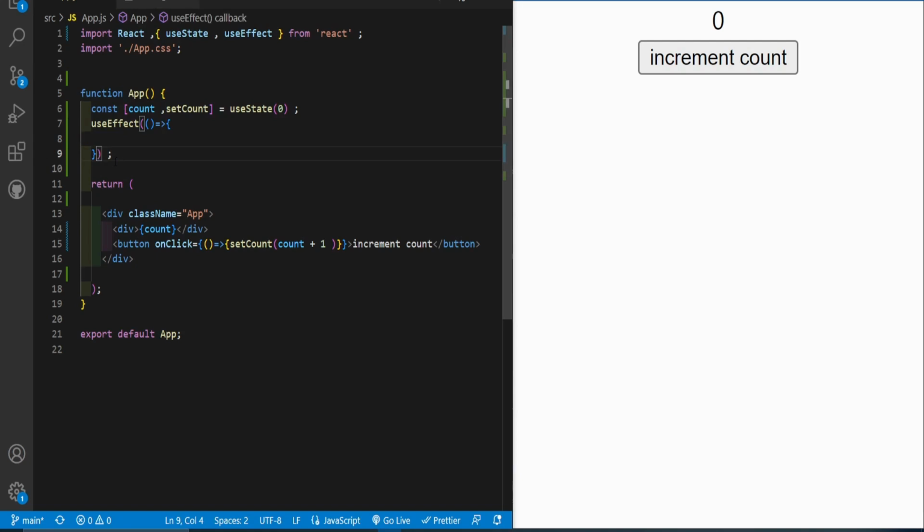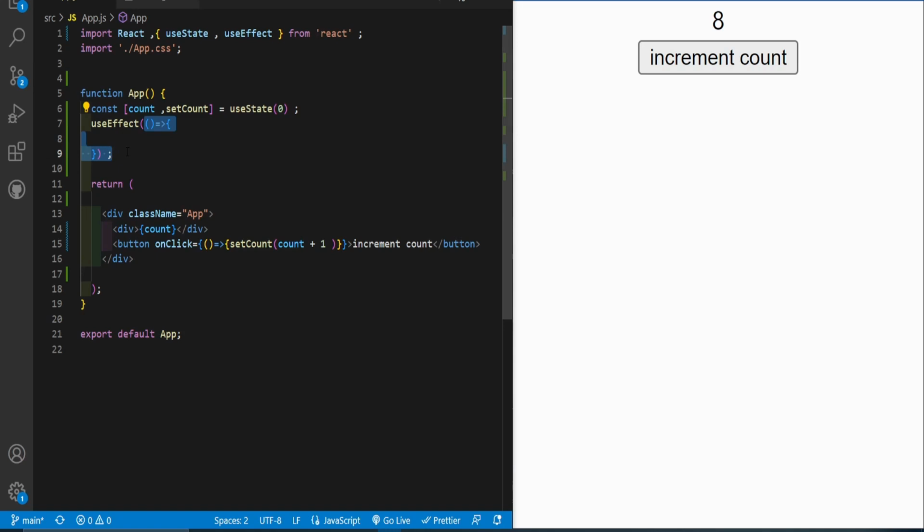So as I said earlier, this function is going to execute whenever a component gets rendered. Let's go to our example here where we have a count button, and whenever we click it, it updates our state, which will trigger our component to re-render. So this is a perfect example to show how useEffect works. Let me show you that. We make this function here,